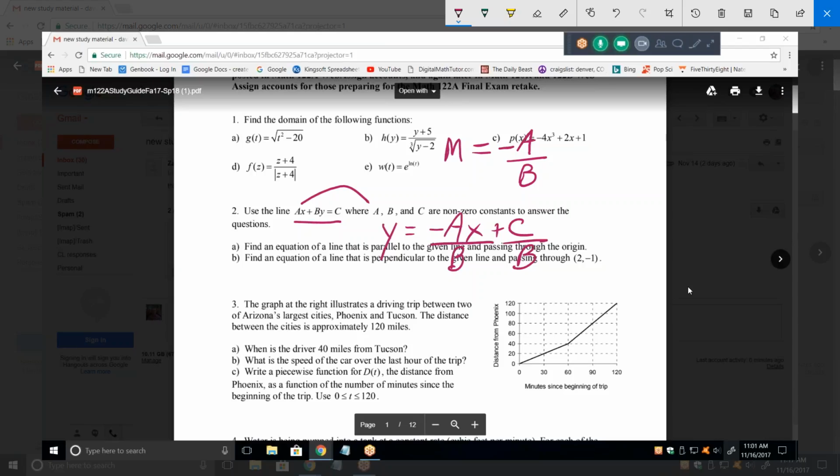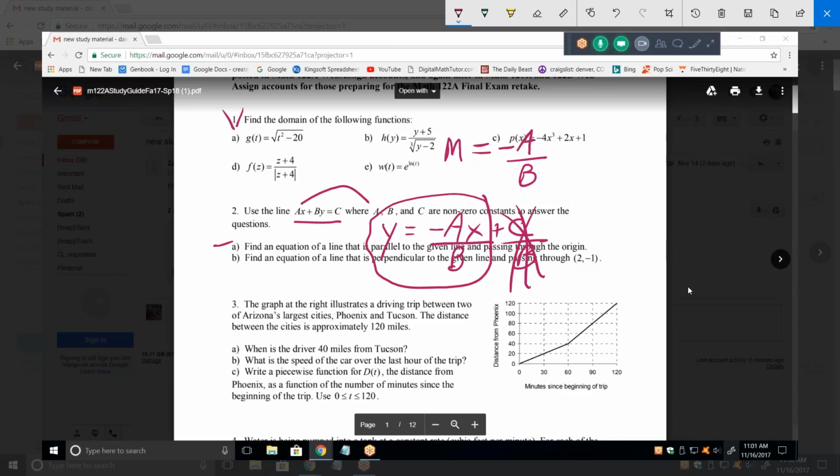So what does c over b have to be? No, we're doing part A only for the moment. You're looking at part B. Okay, so c over b has to be 0, which means c has to be 0. So there is the equation of our line for number A. That is parallel to this line, and it's guaranteed to pass through 0 because the